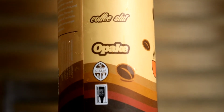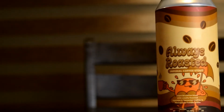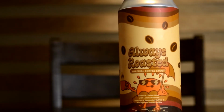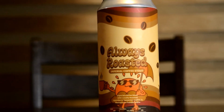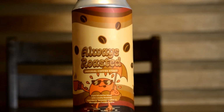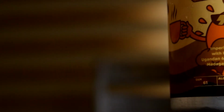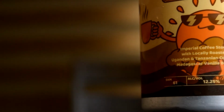And Coffee Slut is a local coffee shop here, and I guess they started doing their own roasting, which is pretty cool. Like I said, I've been gone for 2 years, and I think right before I left, they were starting to be a little bit more popular and starting to grow a lot more. But this is going to be my first stout from the Guam Brewery, and I'm a little bit excited to get into it. I do miss stouts that I can easily get back in San Diego, so hopefully this lives